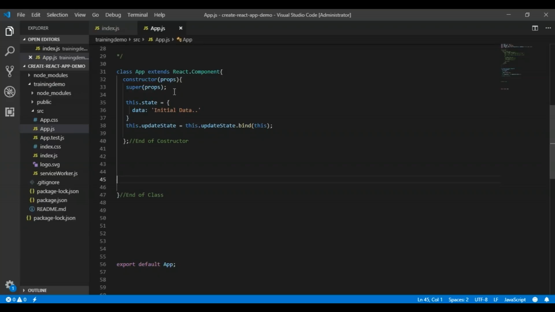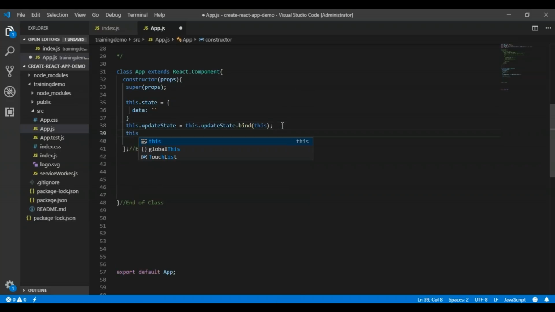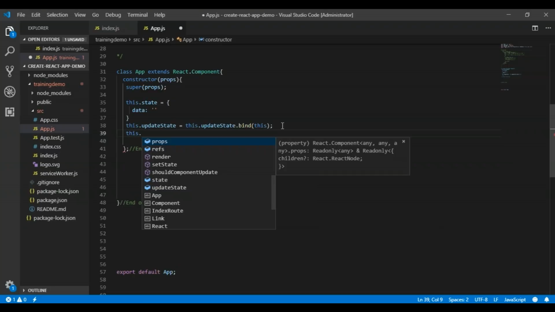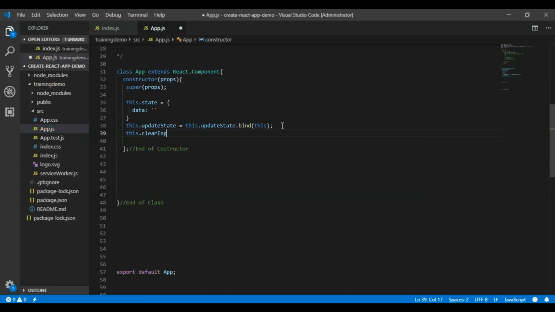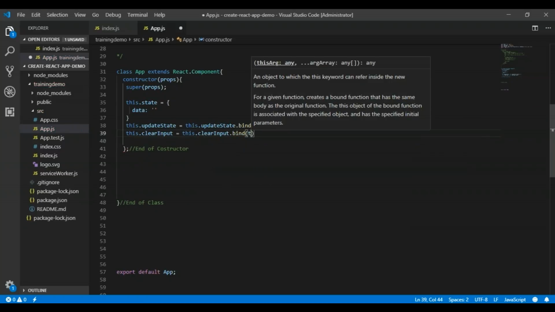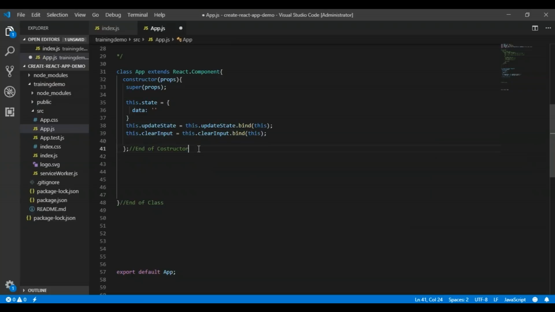We have the initial state called this.state, having, for example, some blank data in this case. Then you have this.updateState equal to this.updateState.bind(this). And let's have one more event handler, which says this.clearInput equal to this.clearInput.bind(this). This constructor is closed over here.